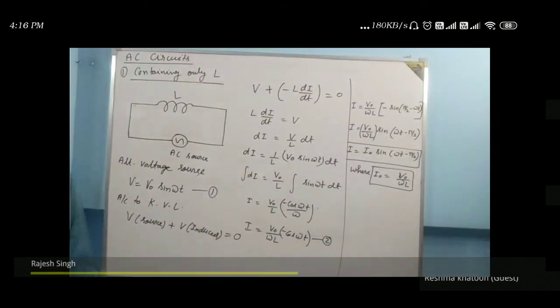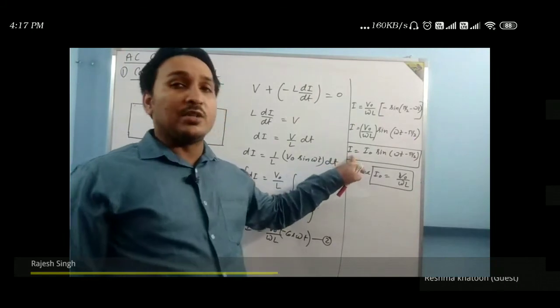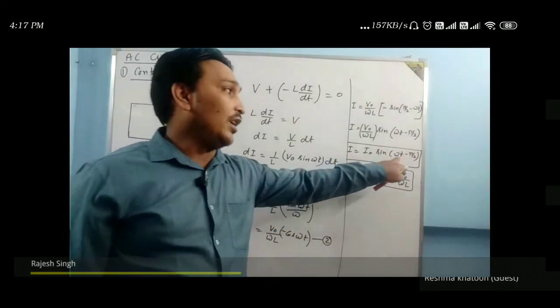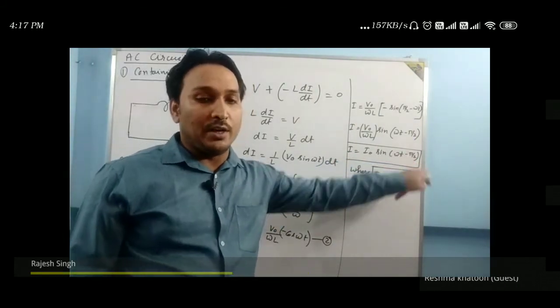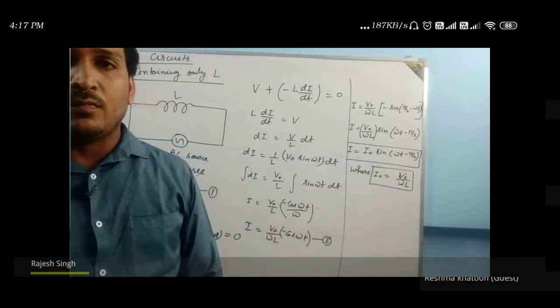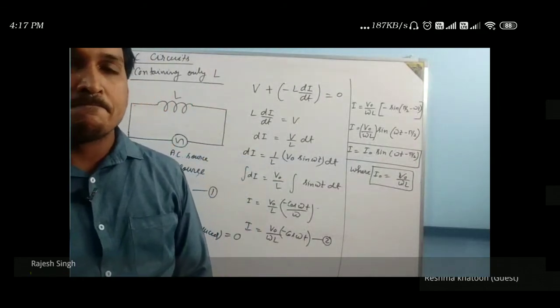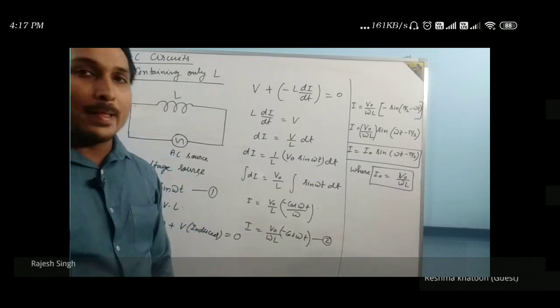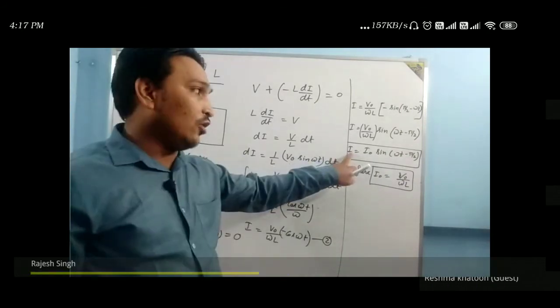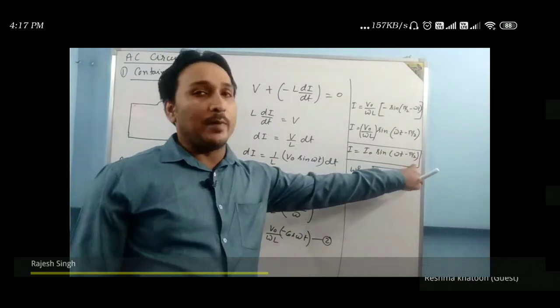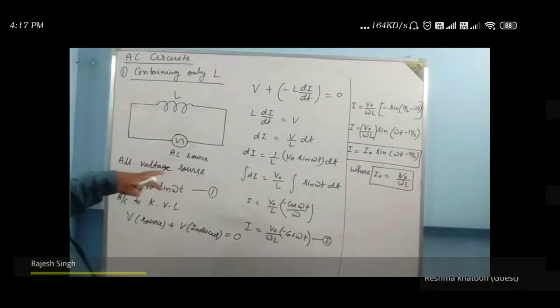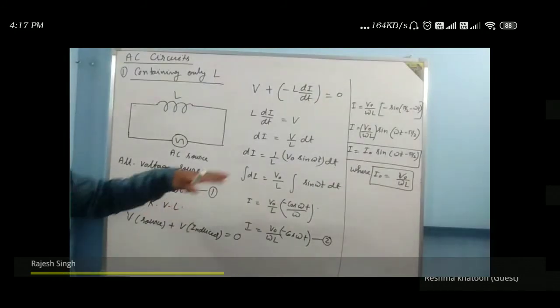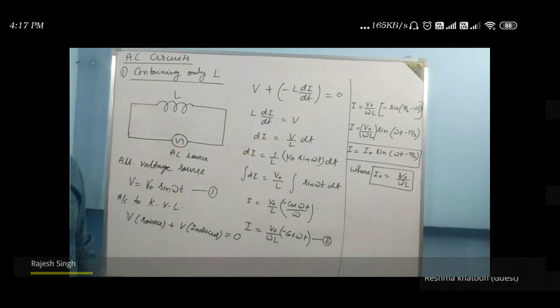Anurag Tiwari, just see, in this case, the current comes out to be omega t minus pi by 2. Are you able to see that? Raise your hand, Anurag, if you got that. The current comes out to be omega t minus pi by 2, and the voltage is omega t. Now they do not have the same phase. Reshma, are you getting me? Raise your hand.